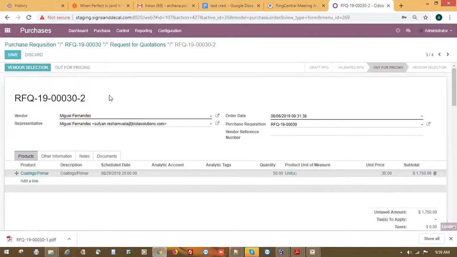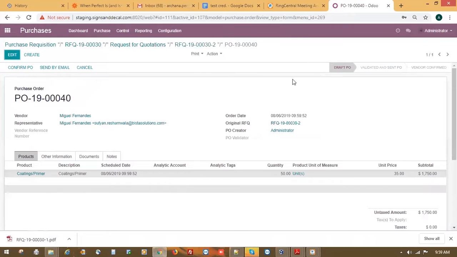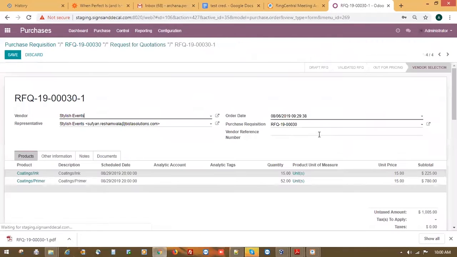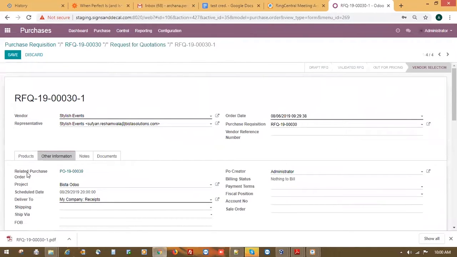Then you have out for pricing where you can have an option for vendor selection. So that way, you can actually confirm two different orders. You can go with one order as well, and you can go with multiple ones. So from here, I have confirmed that order,